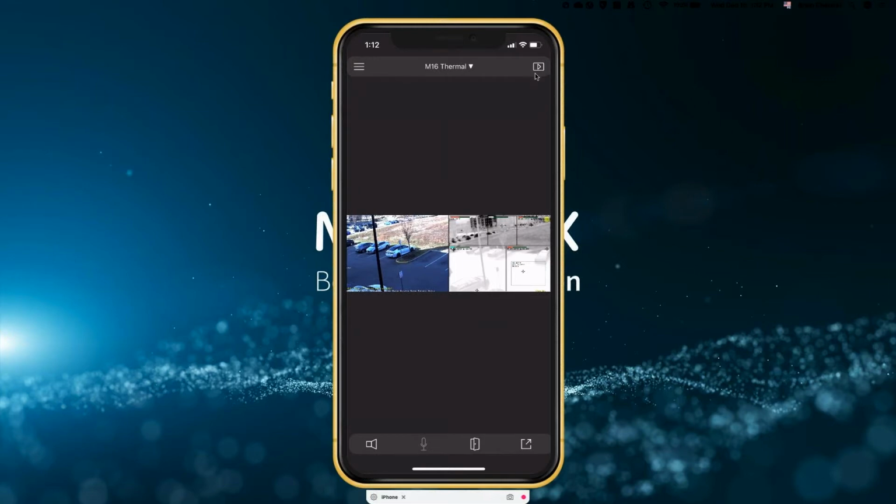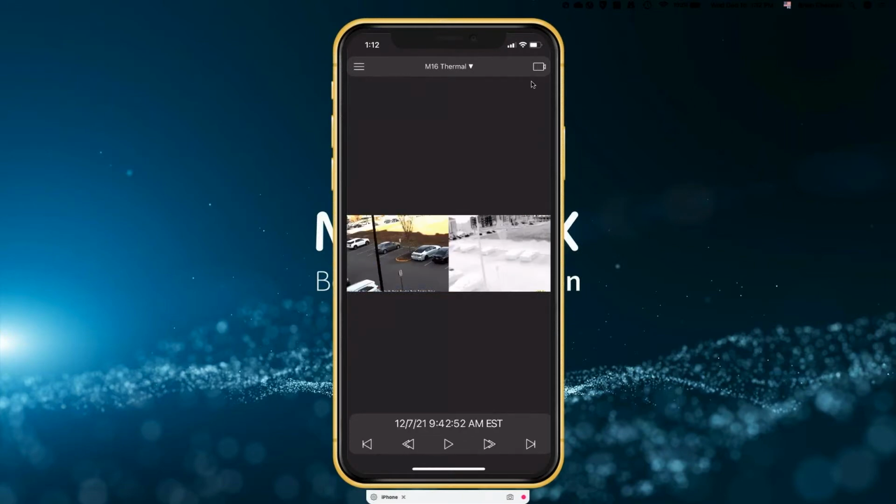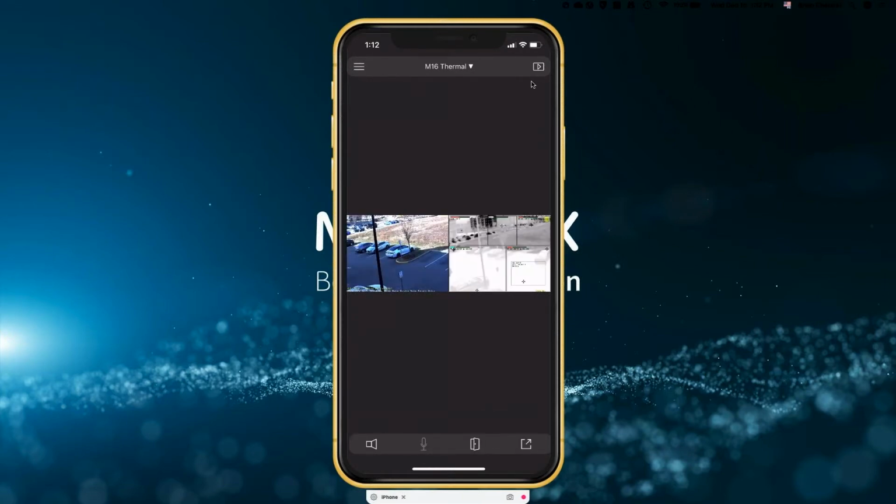So again, I know I'm in the live because I have the playback button here. And of course you can see things jumping around, these sensors and so forth. So again, if I tap that, it takes me into the playback, tap it again, takes me back to live, okay?